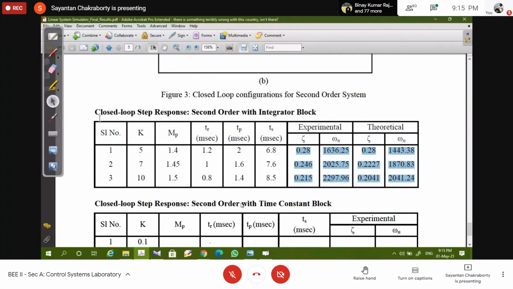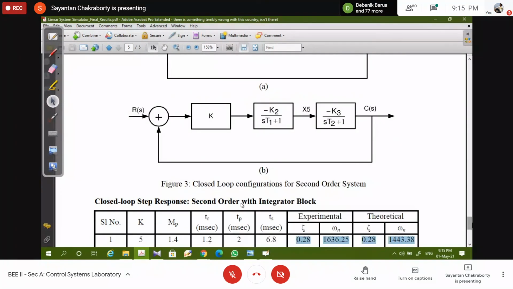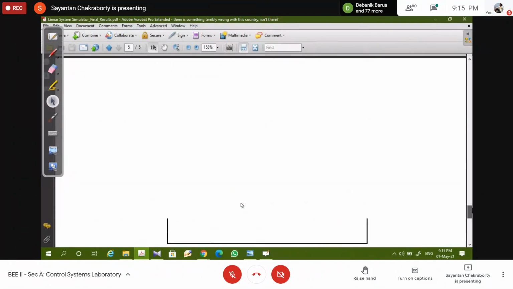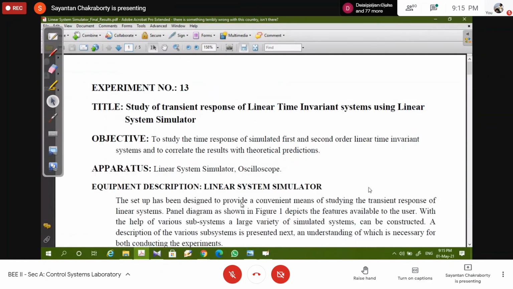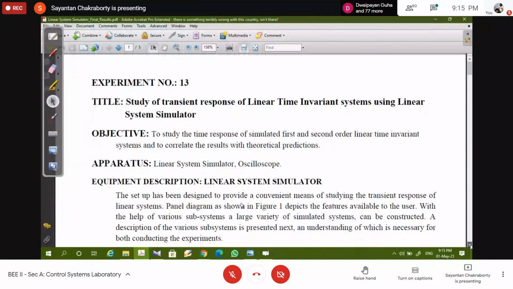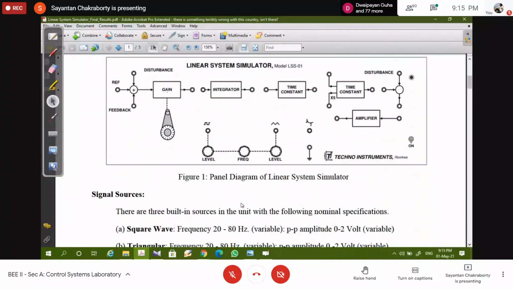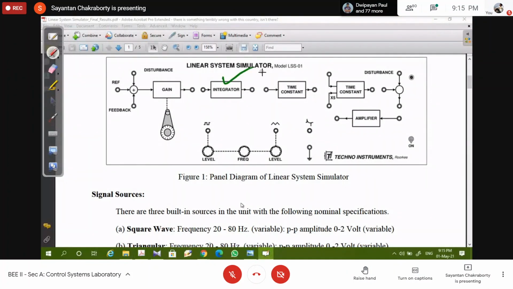Right? So this concludes the linear system simulator, where we're using the simple fundamental building blocks like an integrator, two time constant blocks, and a variable gain. What can we simulate? We can simulate first order system,